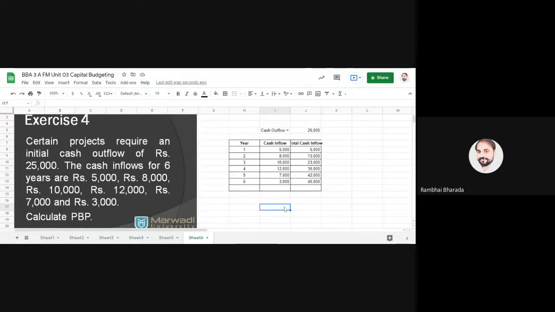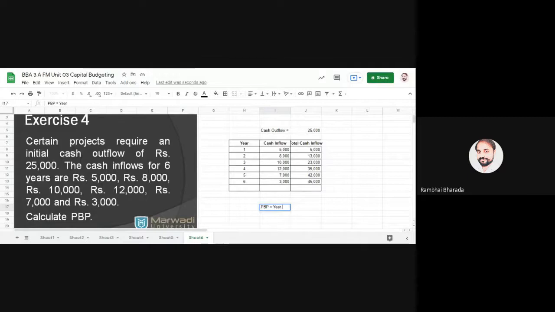Are we clear? Answer आपको पता चल गया by the table. That answer is in between 3 years to 4 years. Now we calculate the exact year and month. PBP is equal to... Okay, now look here. Your cash inflow is equal for all the years? No. It means we need to use the second formula. And the second formula is